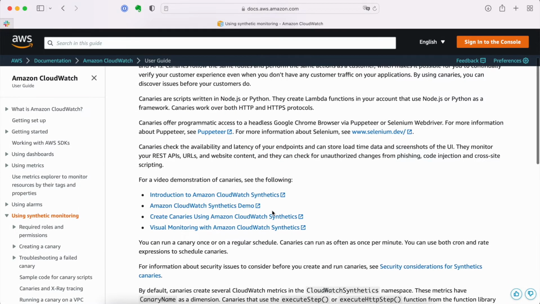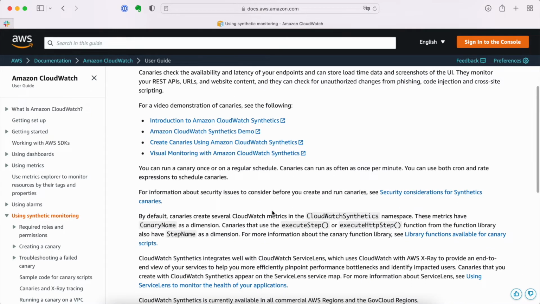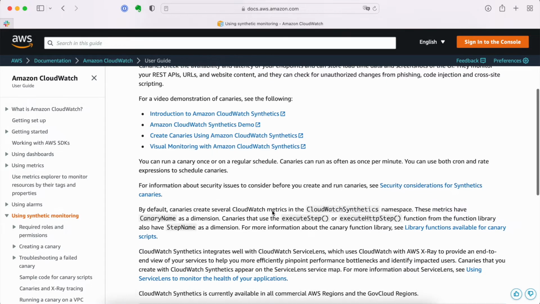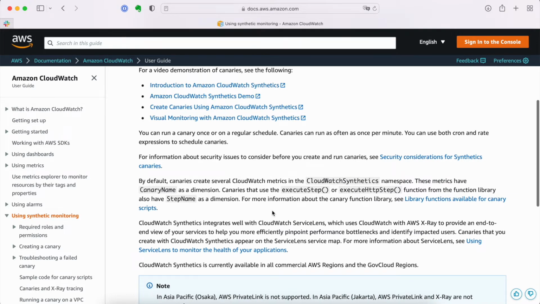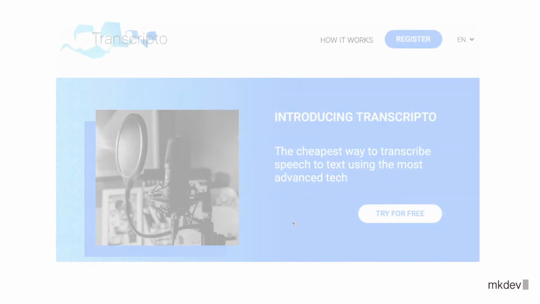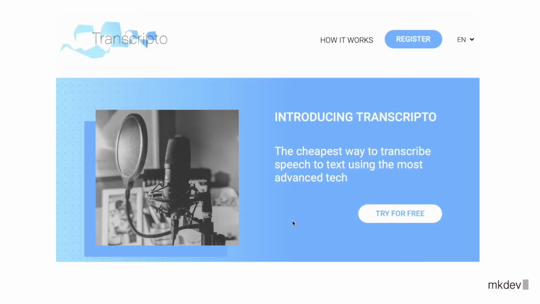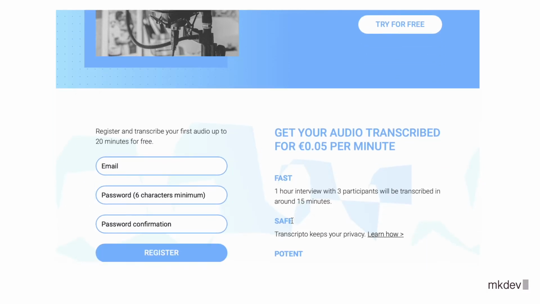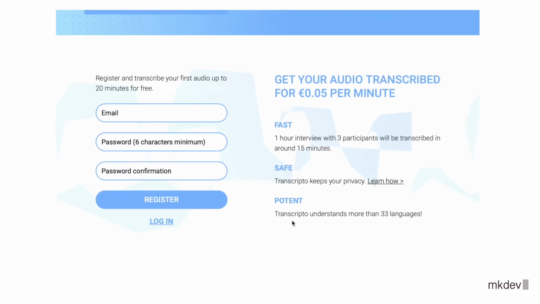AWS CloudWatch, monitoring solution for Amazon Web Services, has synthetics monitoring feature built in, so if your applications are running on this cloud, you can configure simple black box monitoring with it. Let's do this. We are going to configure a simple synthetic test for production environment of Transcripto, a speech-to-text service